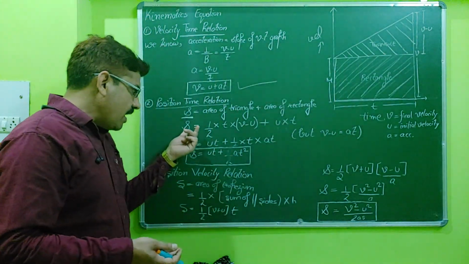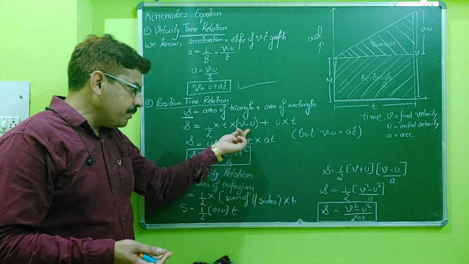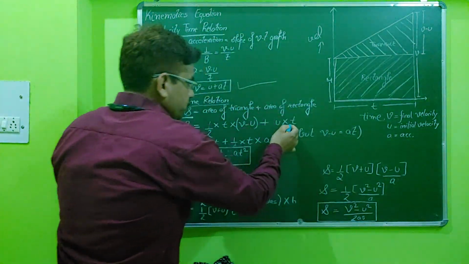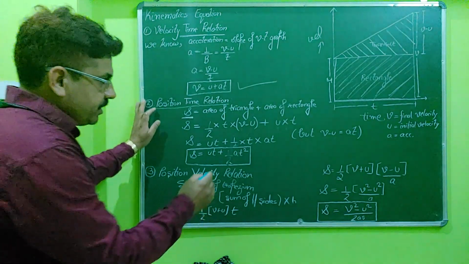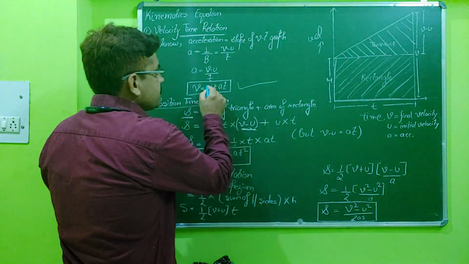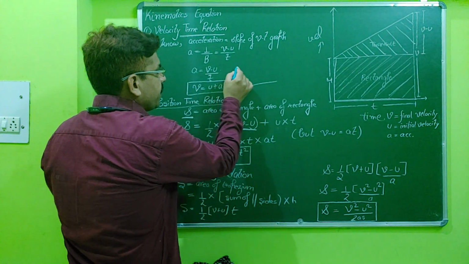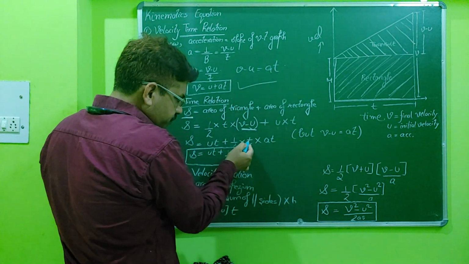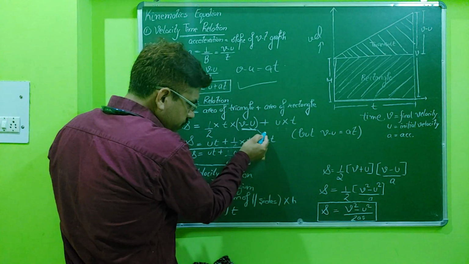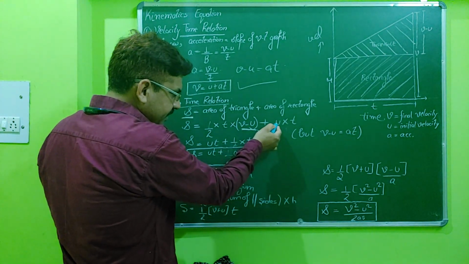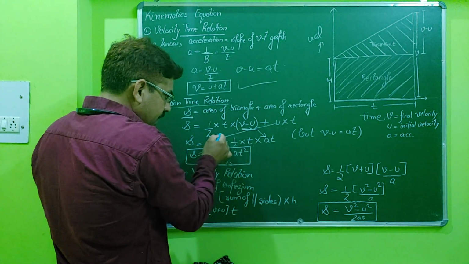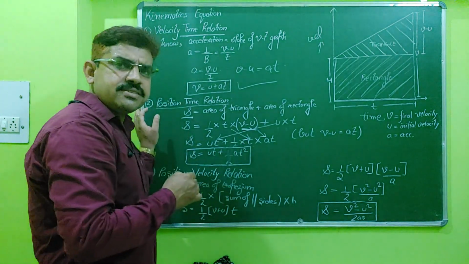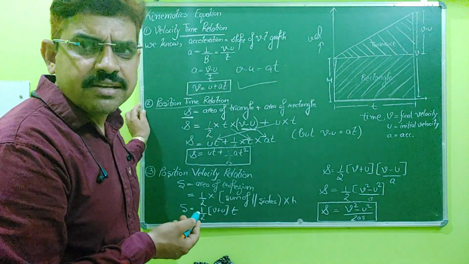So that is why S is equal to half into T into V minus U, because in the triangle the height is V minus U, so into UT. But V minus U, we already discussed, is equal to AT. So I just put V minus U is equal to AT here, and I wrote this term at the first place and this at the second place, because that is the standard formula. That is why we have to write it in this way.